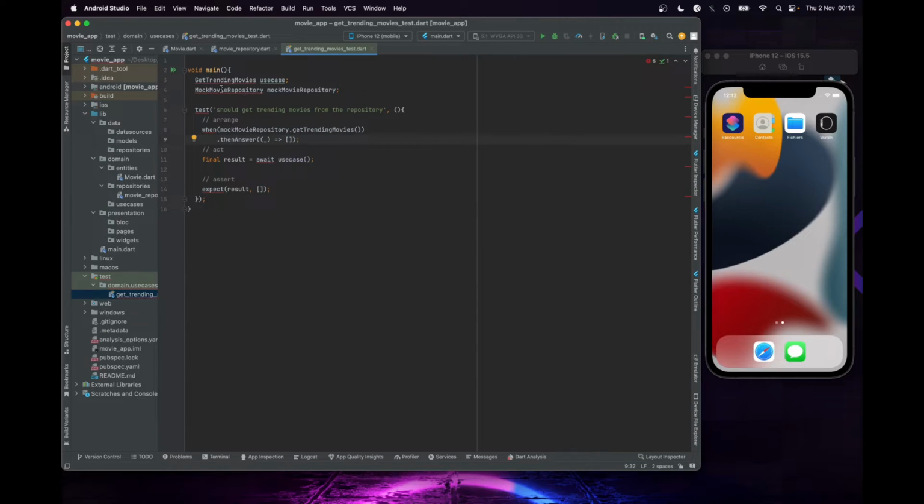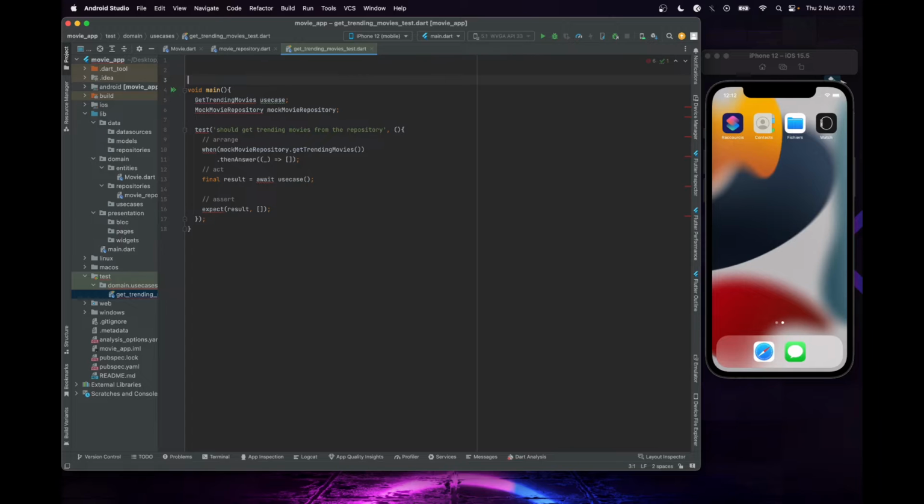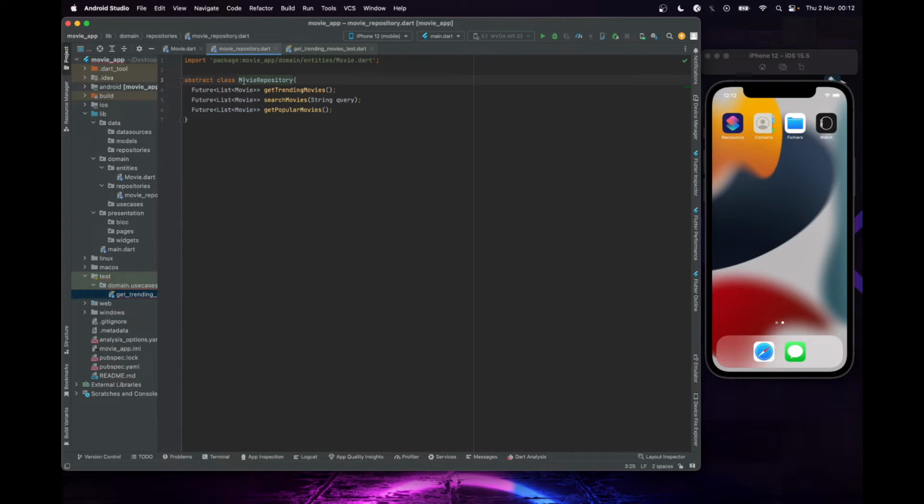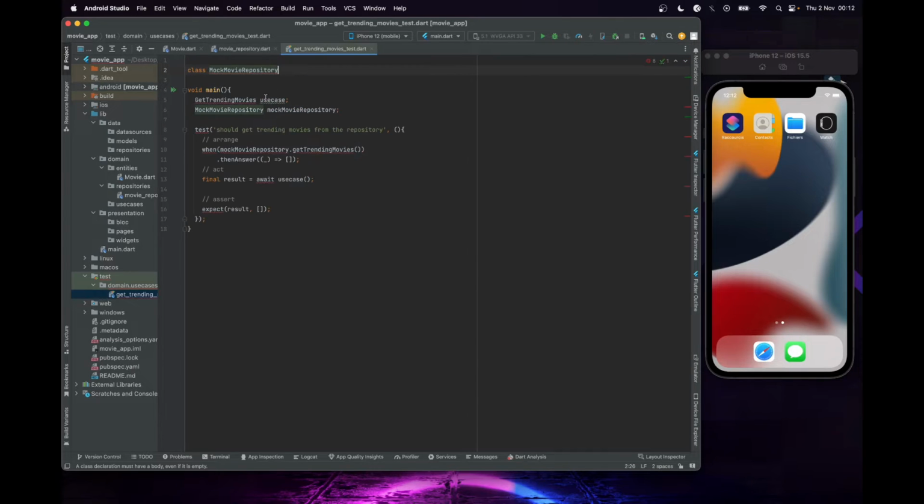But let's take a look at the mock movie repository. For the mock movie repository, we need to initialize some repository because our movie repository is just an abstract class, and we don't have the right implementation in our data sources. So now we just need to